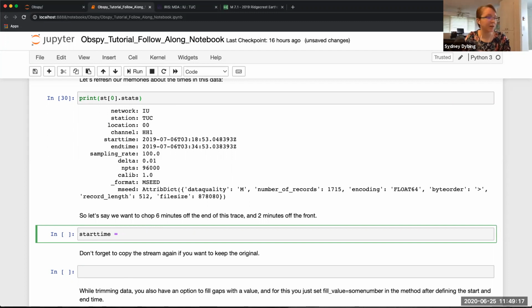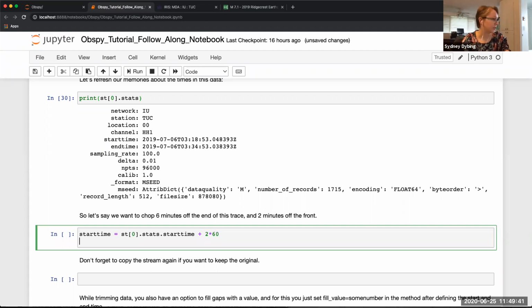So all we have to do is write a new start time. The first thing we're going to do is grab this start time out of the stats here. The way that we do that is similar to what we talked about before. You just grab the first trace, .stats, and then .start time. And we said that we wanted this new start time, we want to chop 2 minutes off the front. So we want this new start time to be 2 minutes times 60 seconds later than the start time that we picked originally. And our end time, you just grab it from the stream the exact same way,